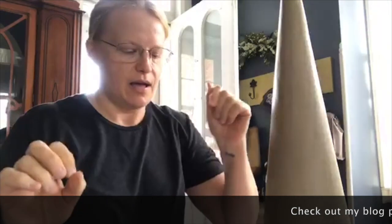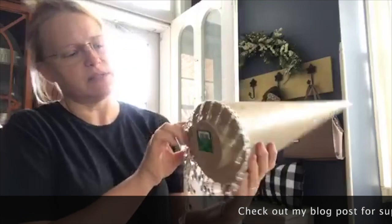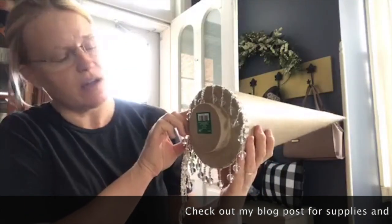I am just hopping on real quick to do a quick Christmas tree craft. I bought this at Hobby Lobby, this paper mache Christmas tree. Regularly $9.99 and it's 50% off, so I got it for about